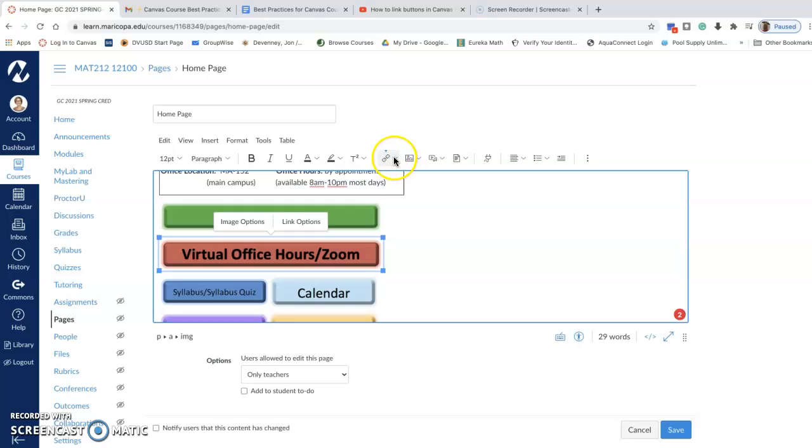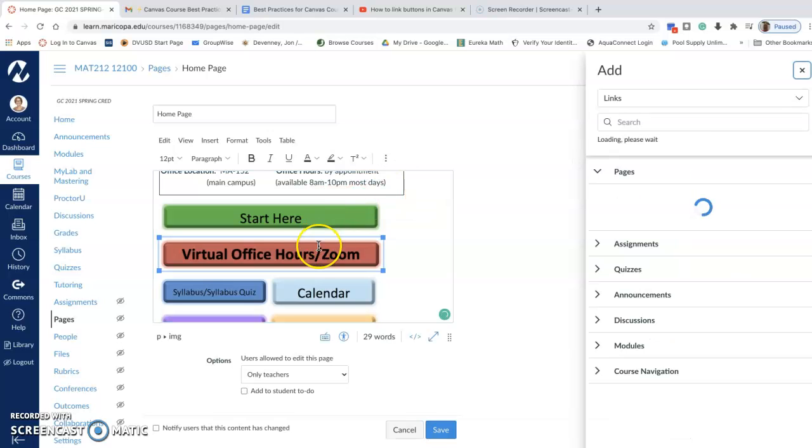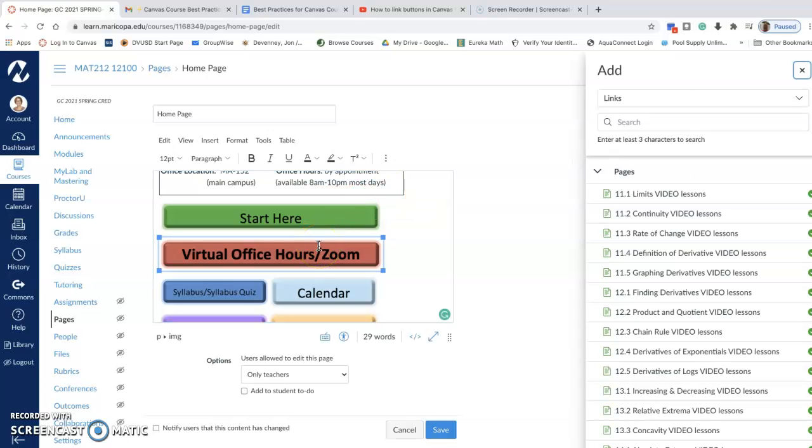So I'm going to go up to the link button. I'm going to remove the link. And then when I click back on the button that I want to relink, I can go back up to the link button. You could either link it to an external link or a course link. I'm going to link it to a course link because I want to relink it to my new Zoom office